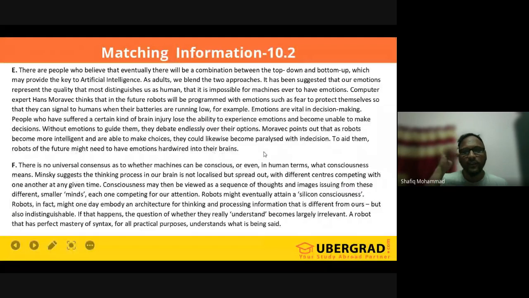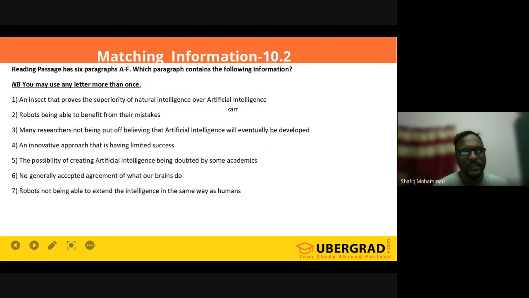So yes, it should be 100% E paragraph. Okay, so 7 goes to E. Robots not being able to extend their intelligence. Okay. Then,